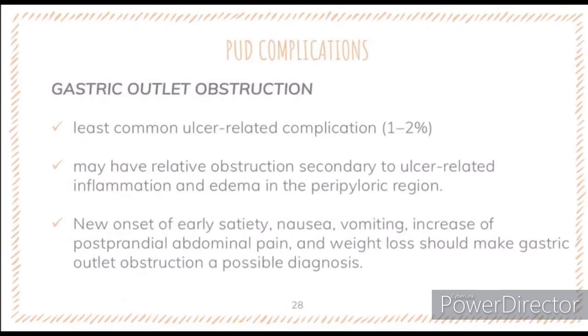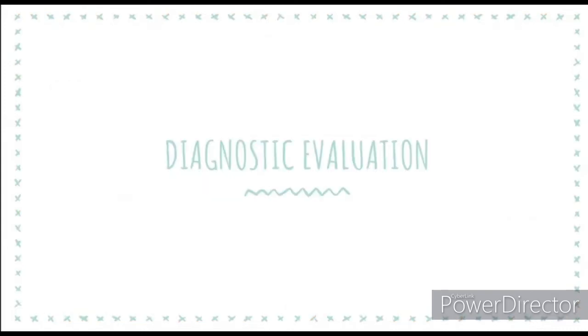And last, gastric outlet obstruction, which is the least common ulcer-related complication, accounts for 1 to 2% of the population. It may have relative obstruction secondary to ulcer-related inflammation and edema in the peripyloric region. New onset of early satiety, nausea, vomiting, increased postprandial abdominal pain, and weight loss should make gastric outlet obstruction a possible diagnosis. For the diagnostic evaluation,